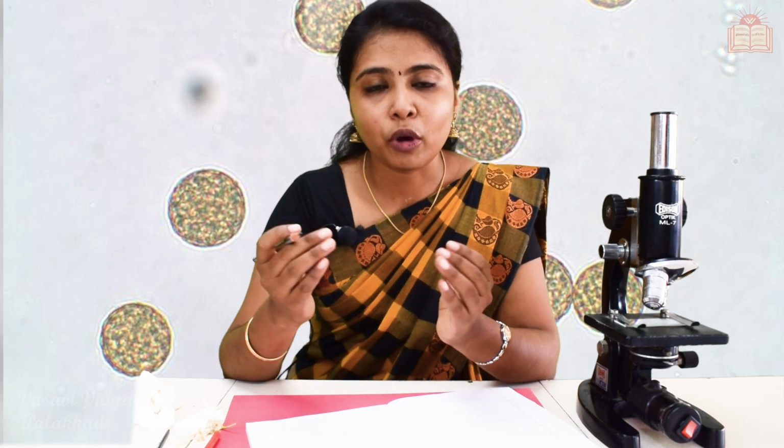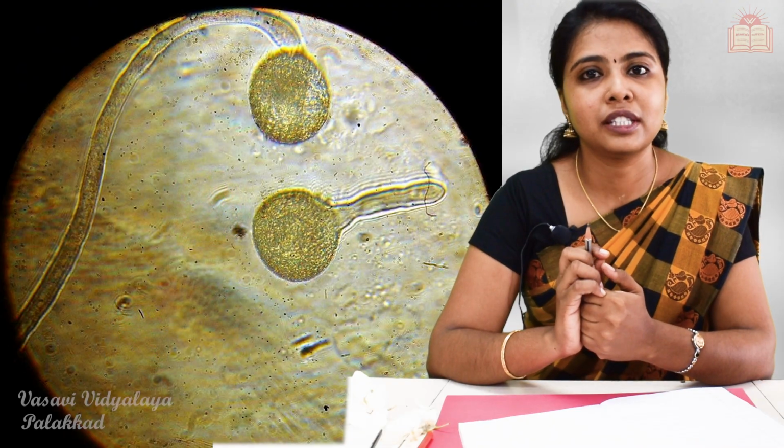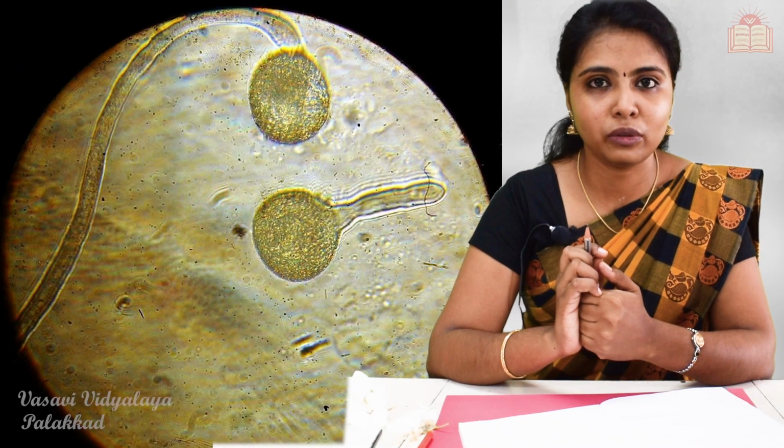It is spherical in structure. It has an outer exine wall and an inner intine wall. The outer wall of a pollen grain is exine and it is made up of sporopollenin, and the area on the exine where the sporopollenin is absent is known as a germ pore, and it is through this germ pore that the pollen tube arises. You have studied it in your theory part. And the inner wall is intine. It is made up of cellulose and pectin. That is also what you have studied.